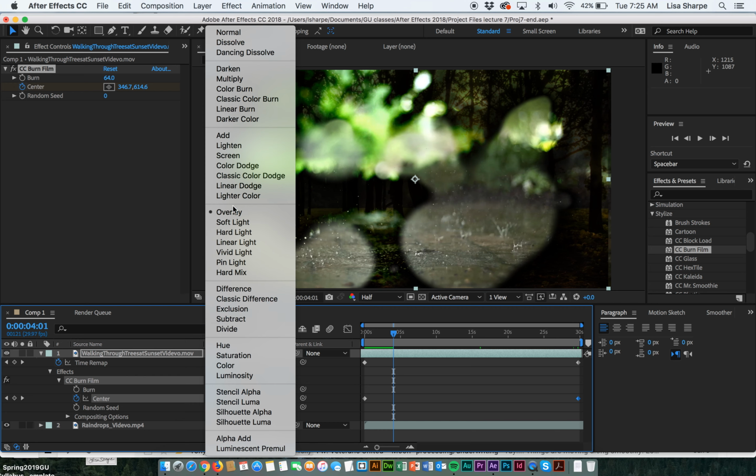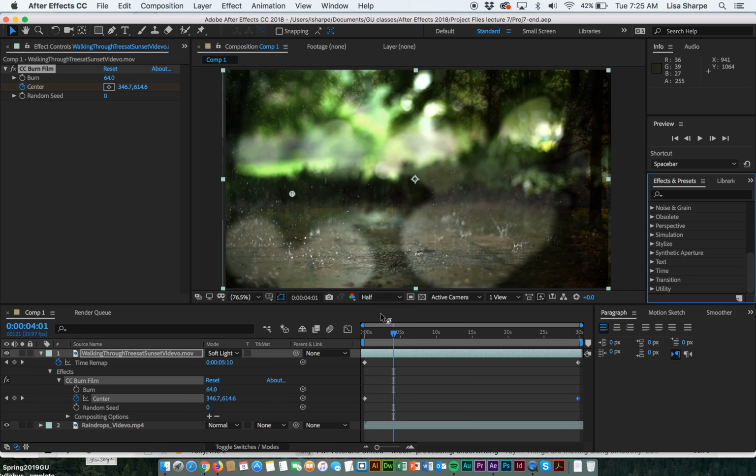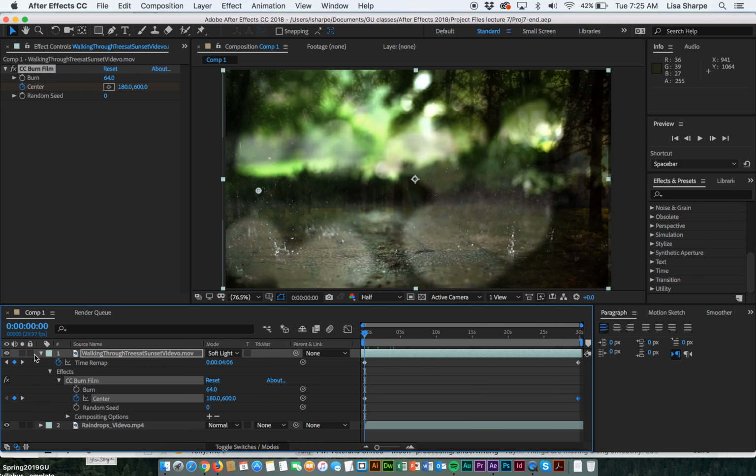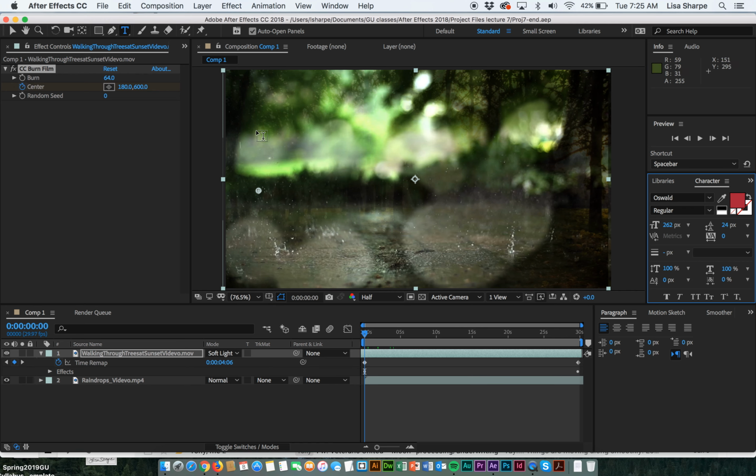I'm going to see if there's a different mode that will, yeah, okay, I like that better. I can see a little bit more. All right, so now we're going to add some type. We've added type before, so that's not a big deal. We're going to take the type tool and I'm going to type the word